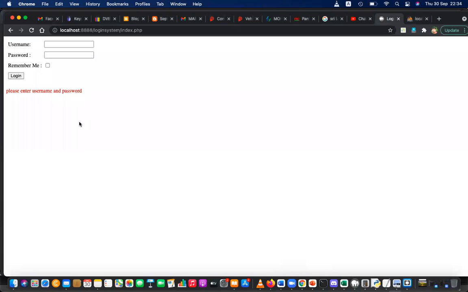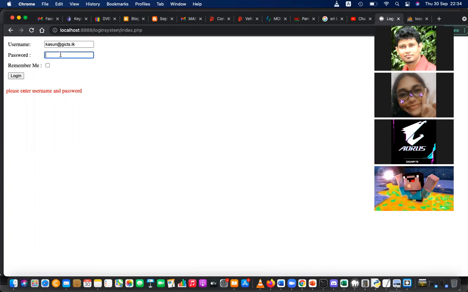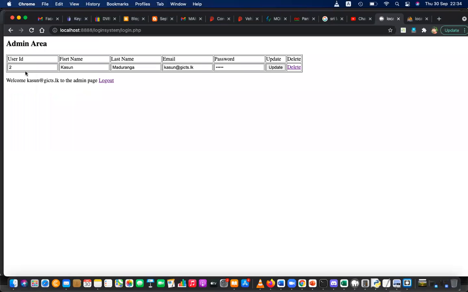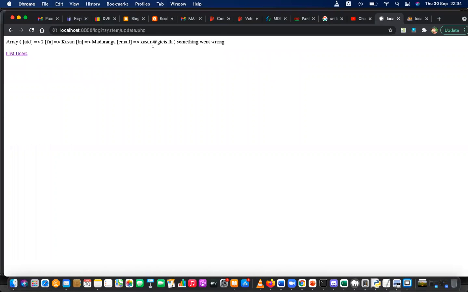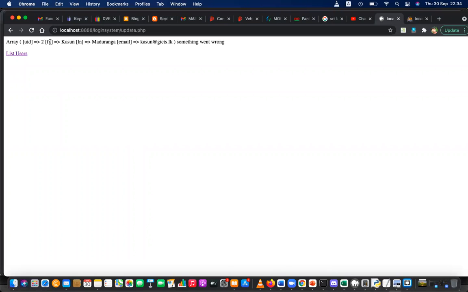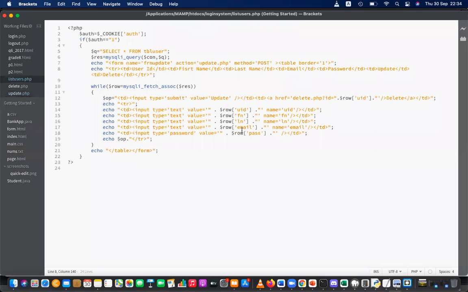Go back to the form, login admin, add, then ASDDS, login and update. You can see it's submitted, right? That is what we need. Okay, the details are there. Now I just need to update. So what has happened to the password? First UID came, first name, last name, Madhuram. Yeah, email also came, but the password did not come.